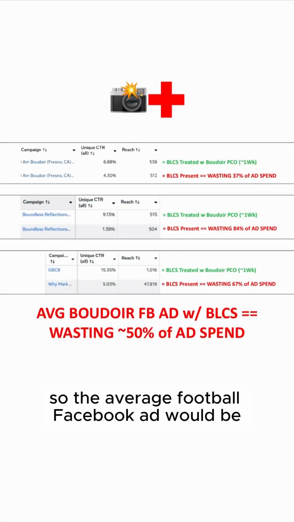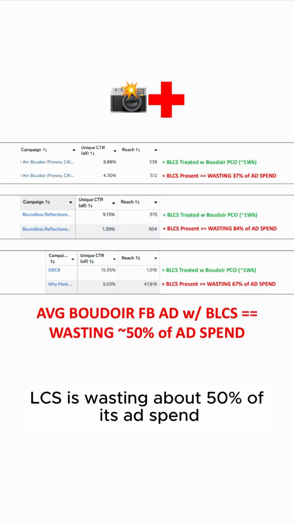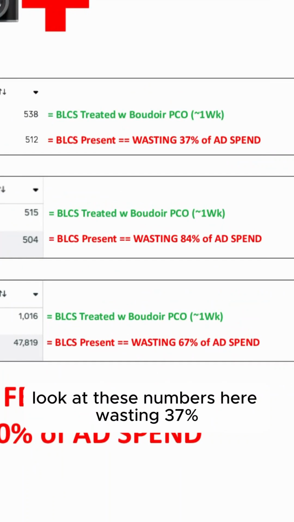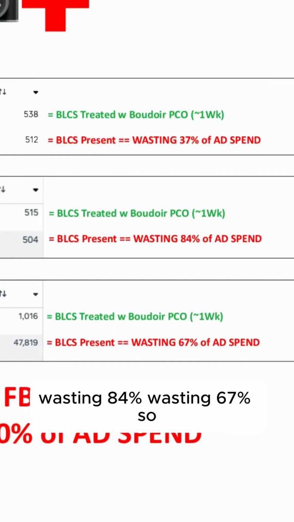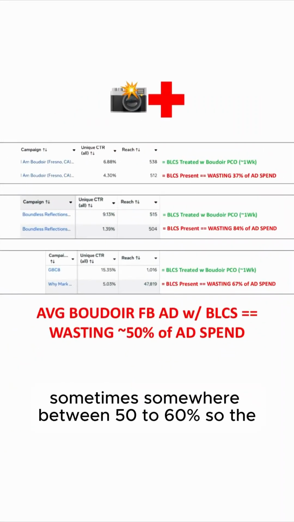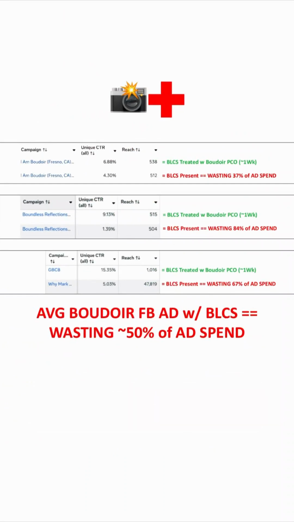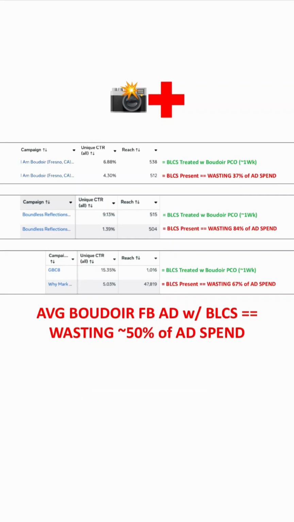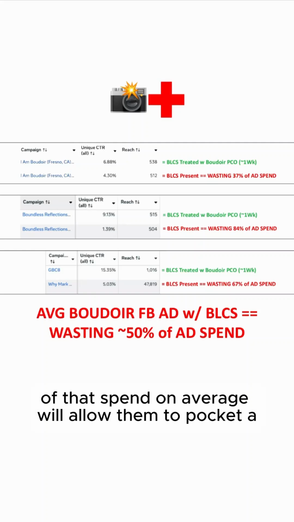So the average Boudoir Facebook ad with BLCS is wasting about 50% of its ad spend. Look at these numbers here: wasting 37%, wasting 84%, wasting 67%. So the average is sometimes somewhere between 50 to 60%. So if they're spending 10 grand a month on Boudoir Facebook ads, if we can eliminate that wasted ad spend, on average,